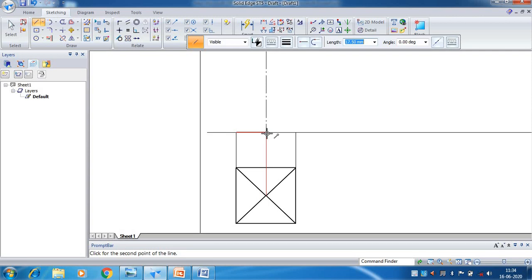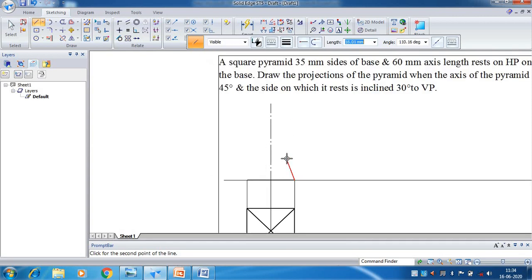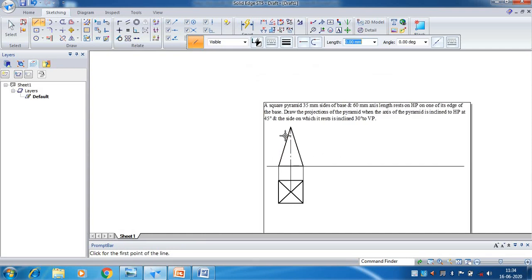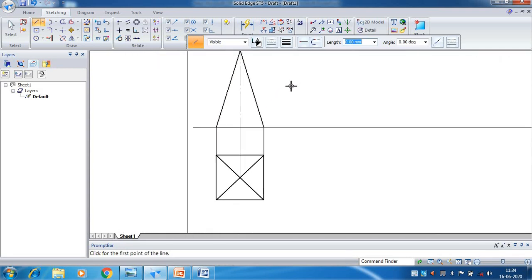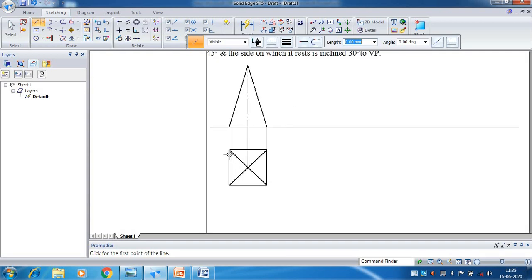So from here to the end point here, and join this base corner to this apex point. Now you have completed the first step, that is, there is a square pyramid resting on an edge on HP, and this is going to be your top view and this is going to be your front view.